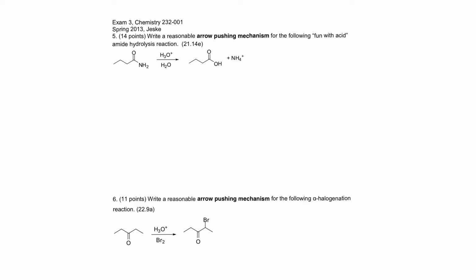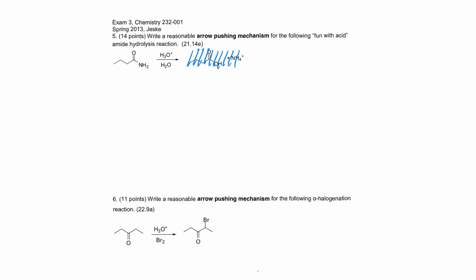Question 5. Write a reasonable arrow-pushing mechanism for the following fun with acid amide hydrolysis reaction, and I want you to pretend that we didn't provide you with the answer. That is probably what you'll see on upcoming mechanisms in quizzes and exams. So predict the product and